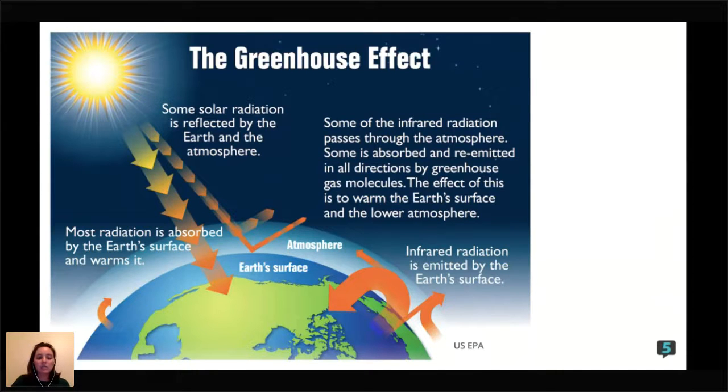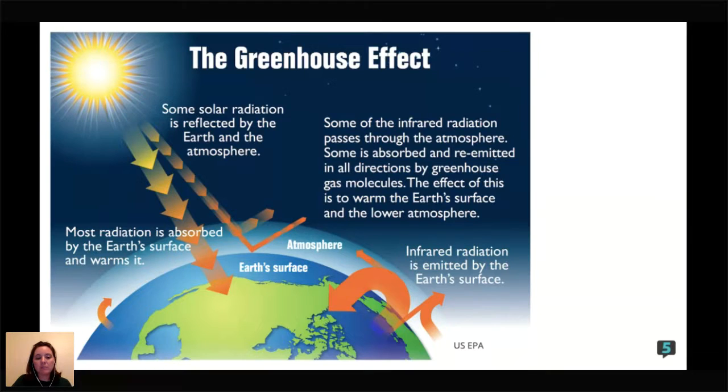Whereas the ultraviolet radiation, the UV radiation from the sun, and the visible light radiation from the sun is a much shorter wavelength, and so it's traveling at a very fast speed, and it can kind of dodge around all of those compounds and get in through the atmosphere. And then Earth's surface tends to be pretty dark in color, so it's absorbing a lot of that radiation, and it's heating up. And then some of the sun's radiation is bounced off clouds in the atmosphere, and it just goes straight back out into space.